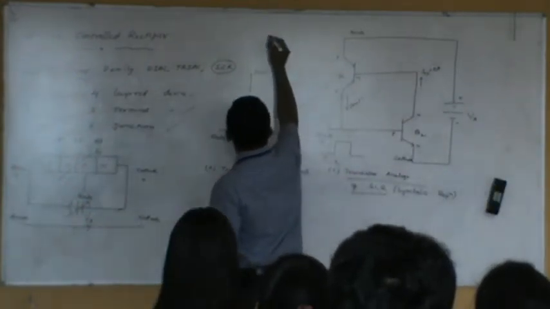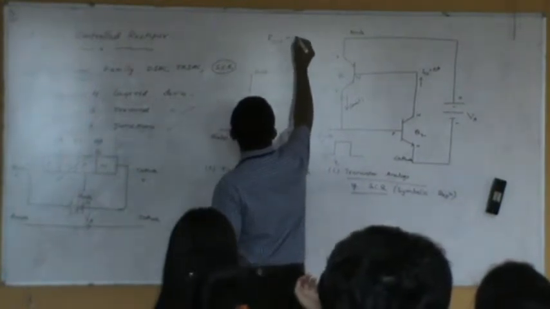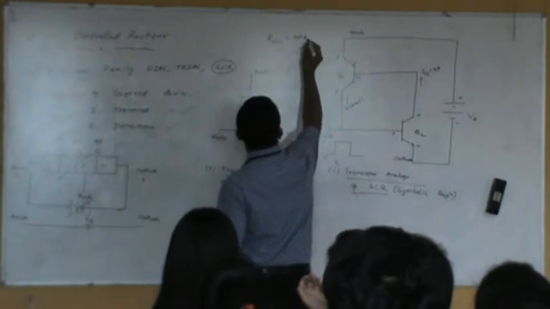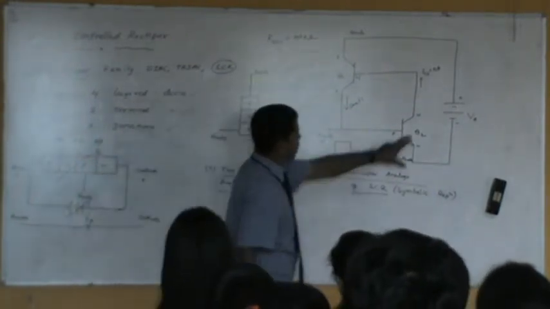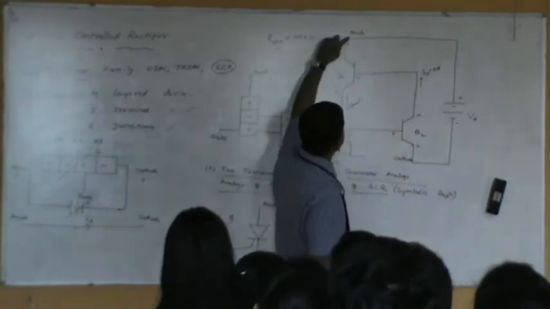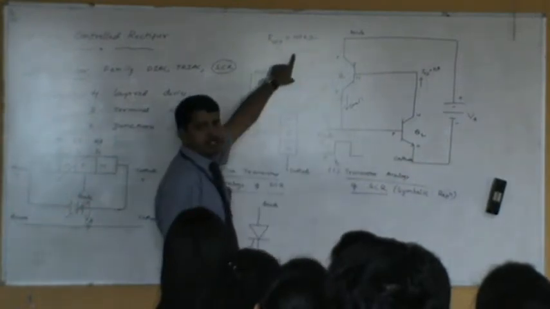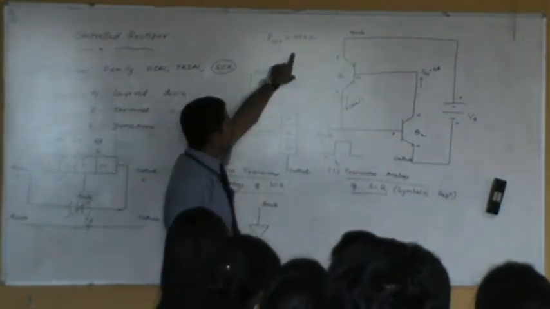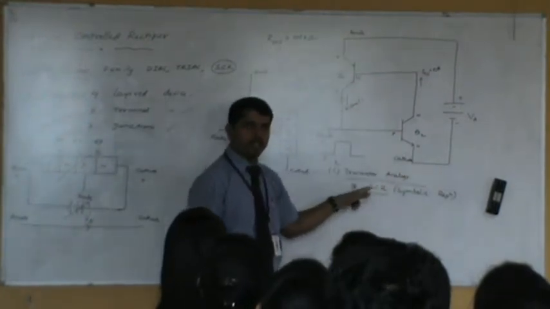Typically, the resistance offered because of no gate voltage is called RR, which is going to be 100 kilo-ohm, a typical value. That means you apply some voltage, and current is not going, because from the anode to the cathode, the device is offering this much resistance, a very large resistance. Because of that, current will not flow. Okay. This condition is again as it is.